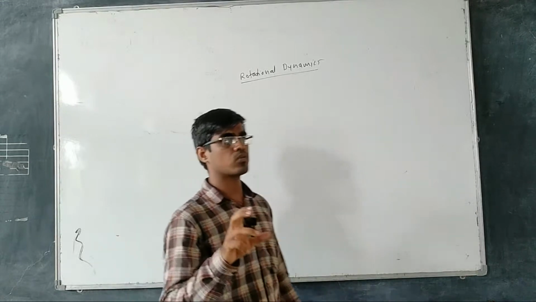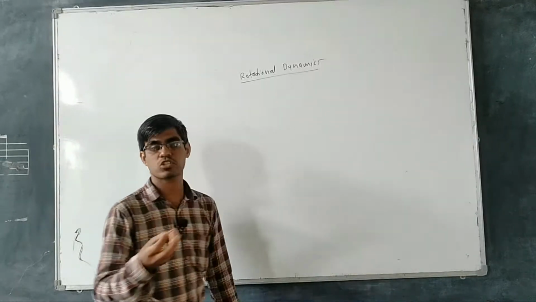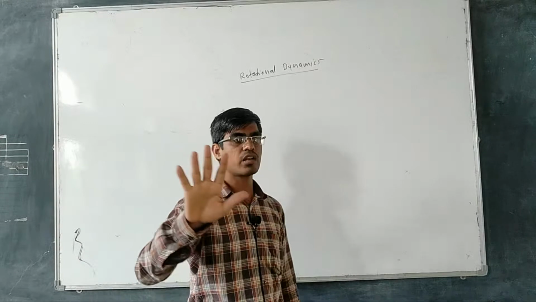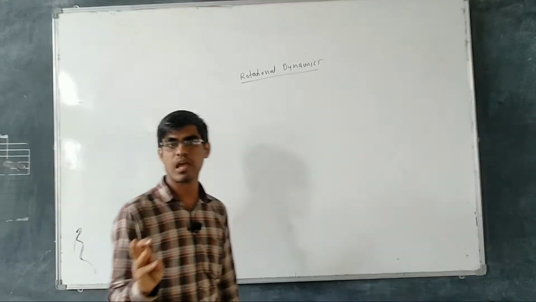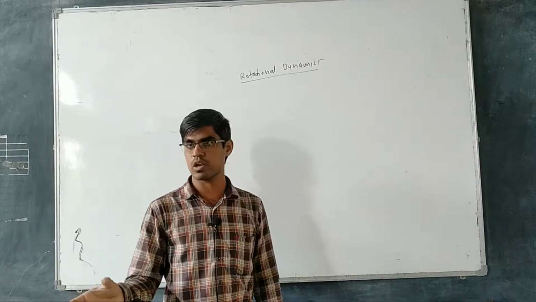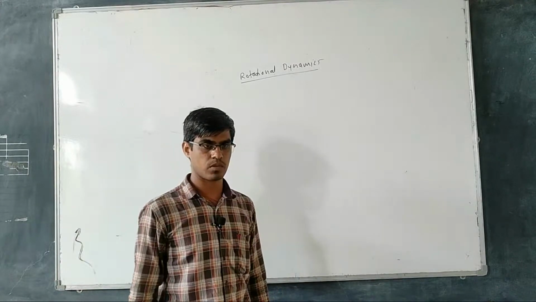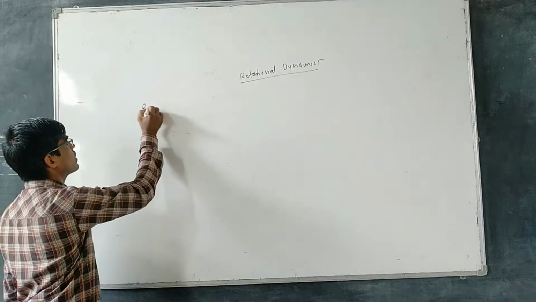Today we already discussed the definitions of displacement, velocity, and the different types of displacement and velocity. There are two types of displacement: linear displacement and angular displacement, and likewise linear velocity and angular velocity. Now today we have to discuss the relation between